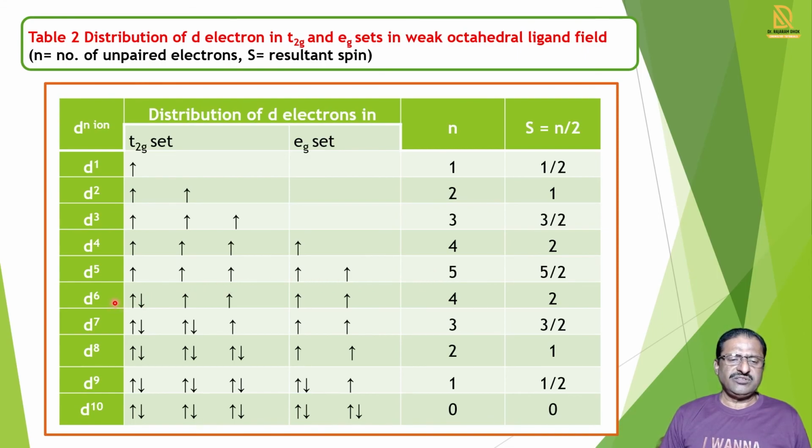In d6, the sixth electron is paired in T2g. In d7, the seventh and sixth electrons are paired. In d8, first all are singly filled and then the T2g are paired. In d9, and d10, that is similar to the strong field. So if we observe that table,